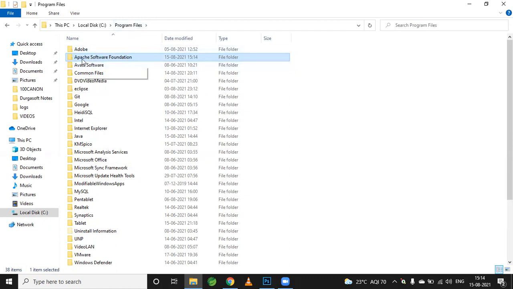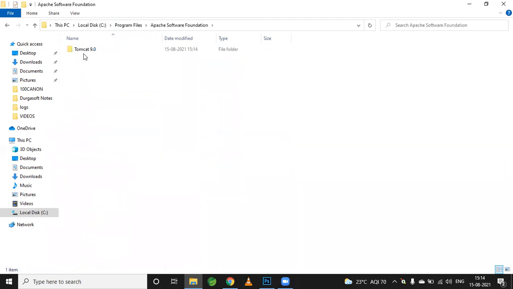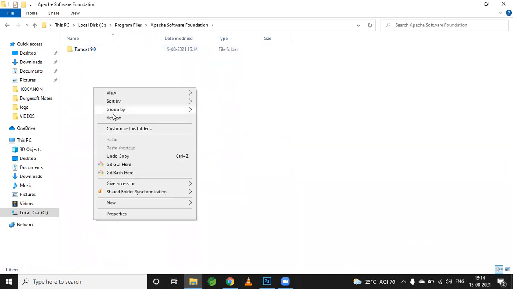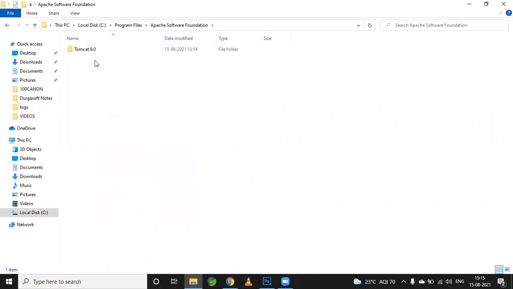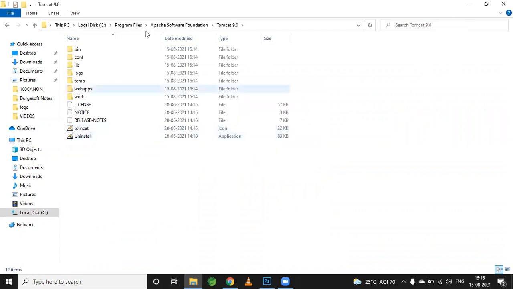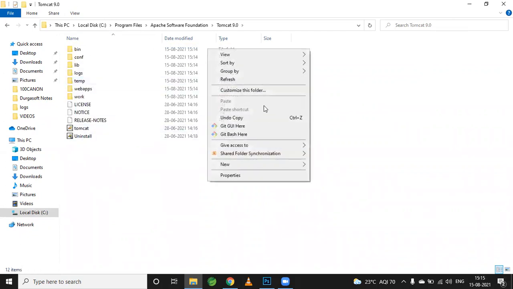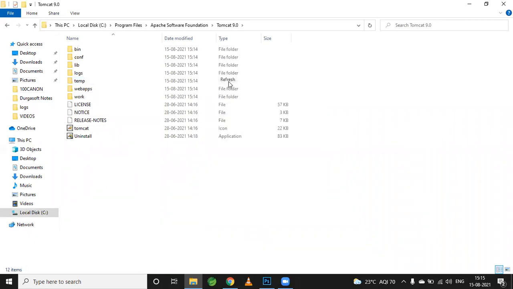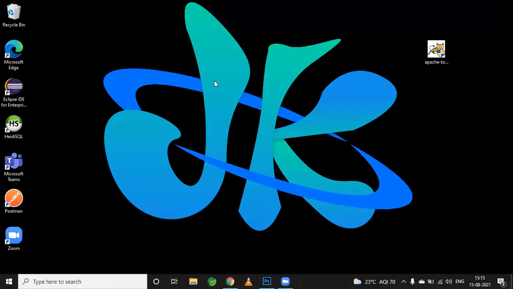When you open this Apache Software Foundation, you will see your Tomcat folder with the particular version which you selected while downloading. We have downloaded Tomcat 9, so here you will see the folder Tomcat 9.0. If you open this folder, you will have various folders. So this says that you have installed your Tomcat successfully.